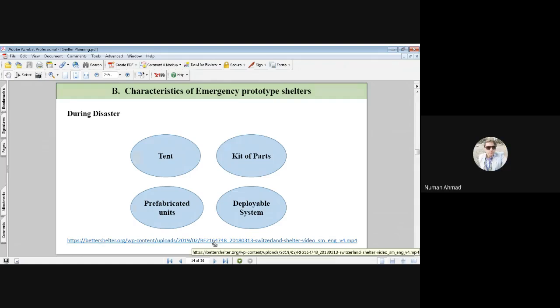During the disaster, when we need immediate response and shelters to safeguard the society or its people, then we need tents in bigger numbers in a safe place to set them up. And there are these prefabricated units. So this might also be a type of shelter which can be settled easily. Okay, and how can you deploy them on site?